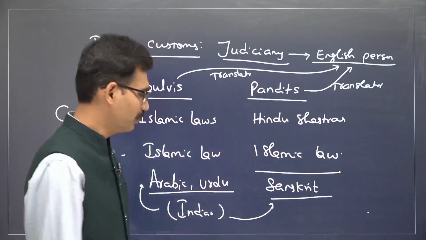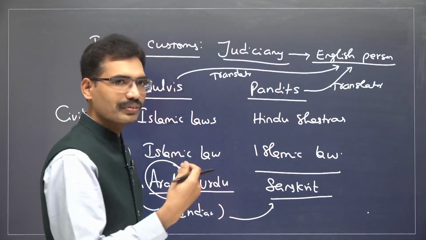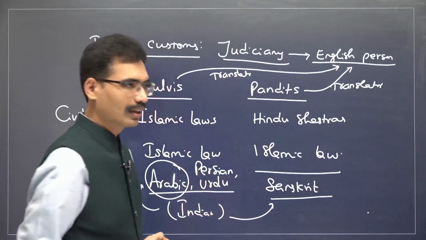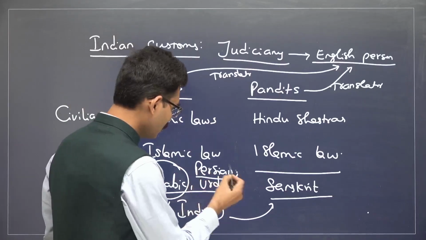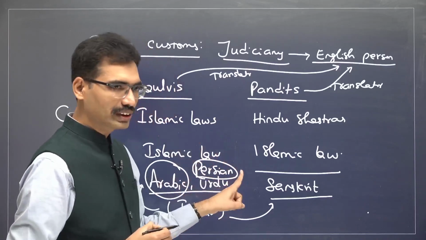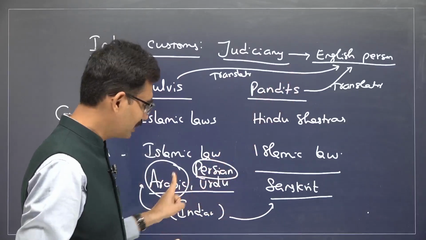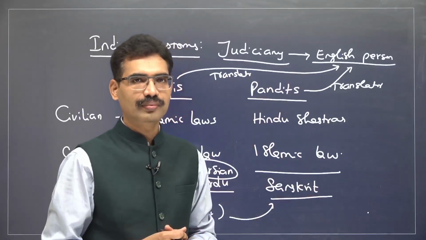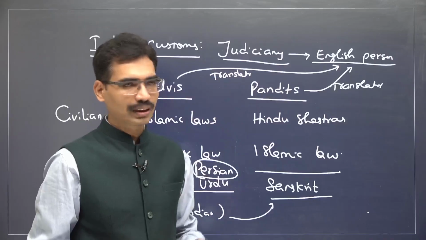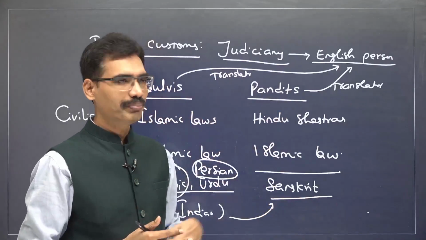But two things are important. This is Arabic, and Urdu is a combination of Hindi plus Persian. Urdu, Persian. And in fact, Persian is the court language of the Mughals. So a person requires command over Persian text also, Arabic text also, Sanskrit text also. But all of a sudden they cannot learn. They were depending on Maulvis and Pandits. This is how Indians are gradually becoming part of East India Company administration.